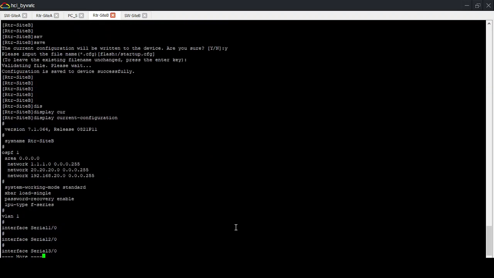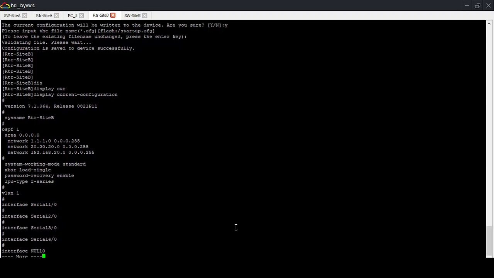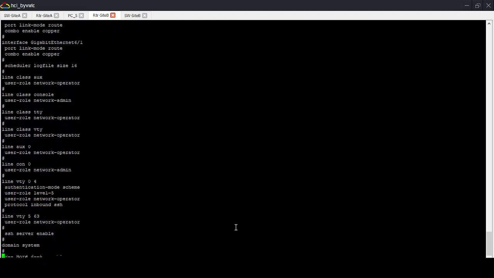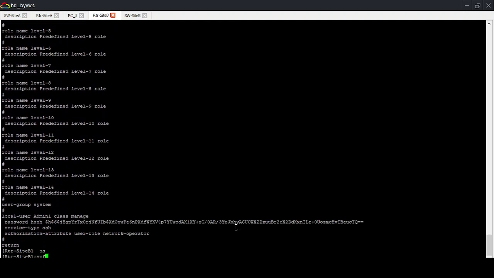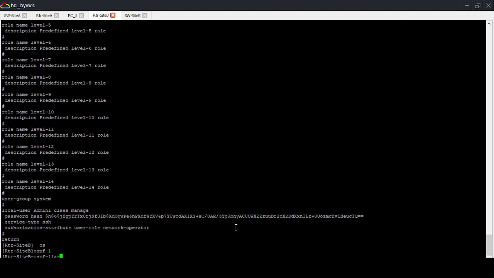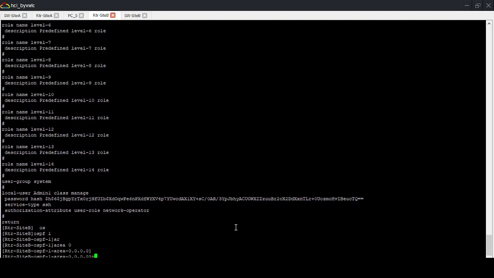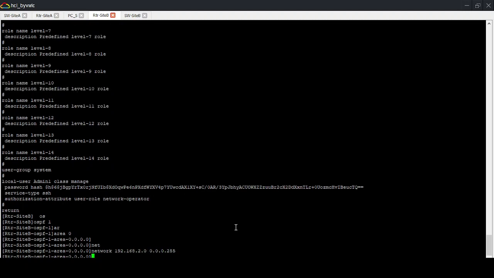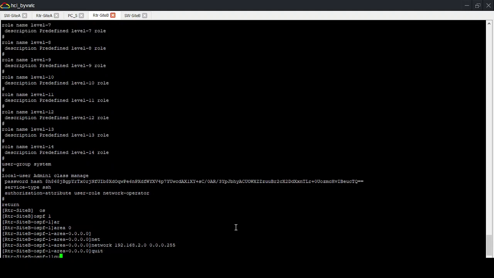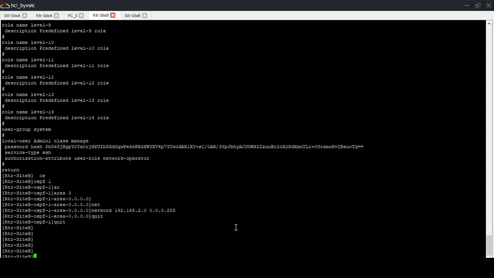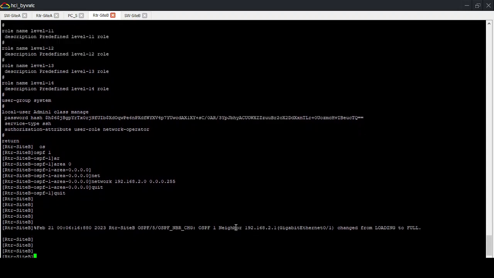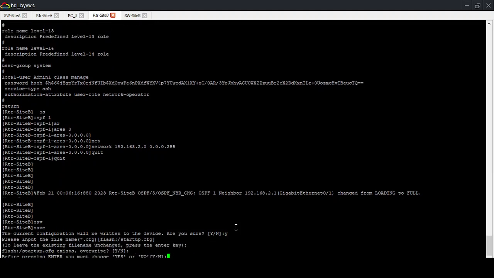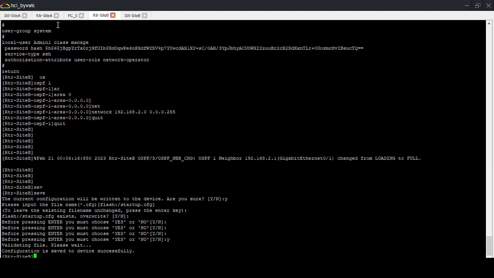Display current configuration. OSPF 1 area 0 network 192.168.2.0. Now it will think. Yes. Okay, now